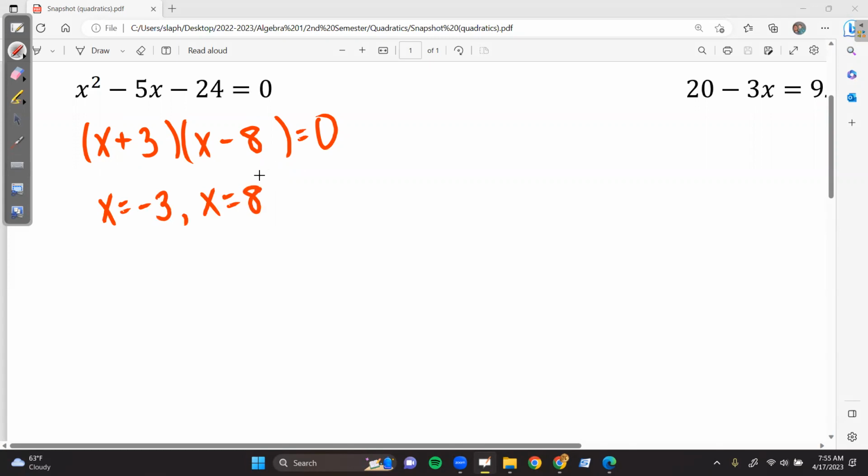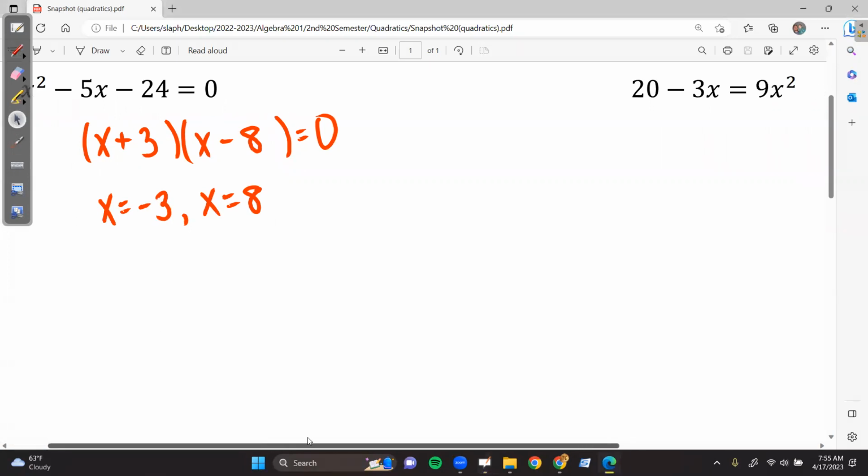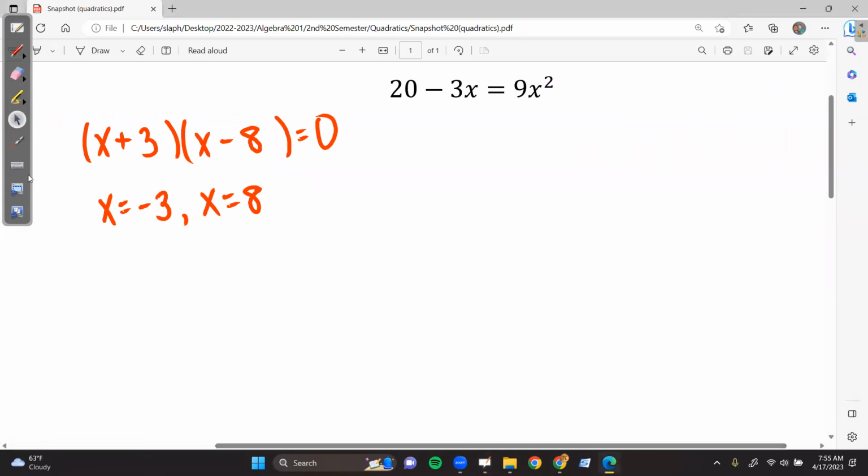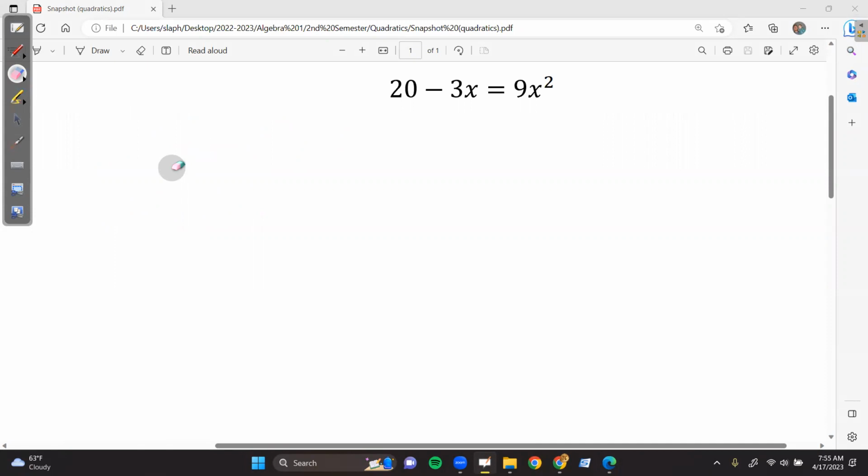Remember that the answers are the things that make the parentheses equal 0. So my intent putting that on there was that it would be just an everybody-gets-it-right kind of problem. No issues there at all. The second one is significantly more difficult. It's the same concept again, but significantly harder just because there's prep work involved, and the factoring also is